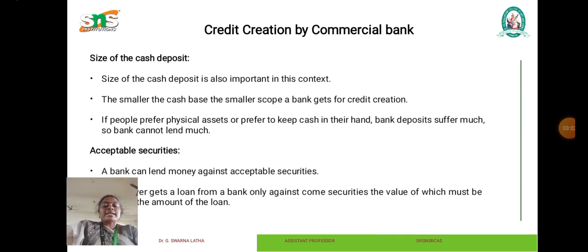As a banker's bank, a central bank lends money and rediscounts the bills of commercial banks. The rate of interest charged by the central bank is known as the bank rate or discount rate. By manipulating the bank rate, the central bank can regulate the credit creating power of member banks. If the bank rate is raised by the central bank, commercial banks have to borrow at a higher rate. Then they will increase the lending rate. This rate is known as the market rate.